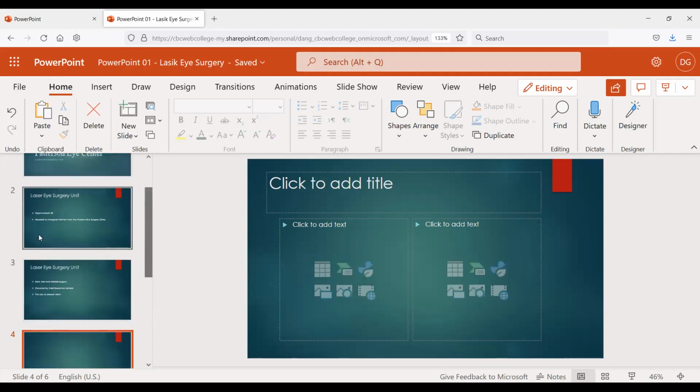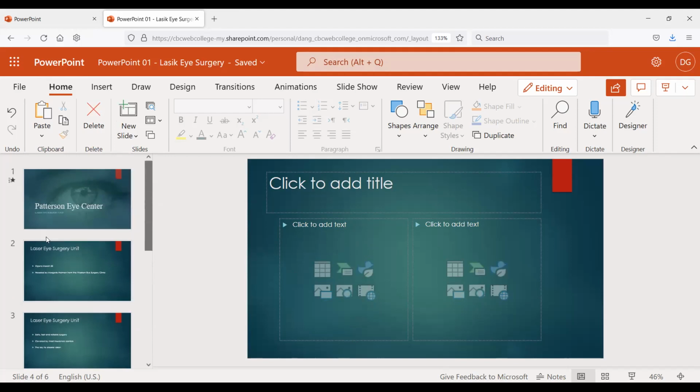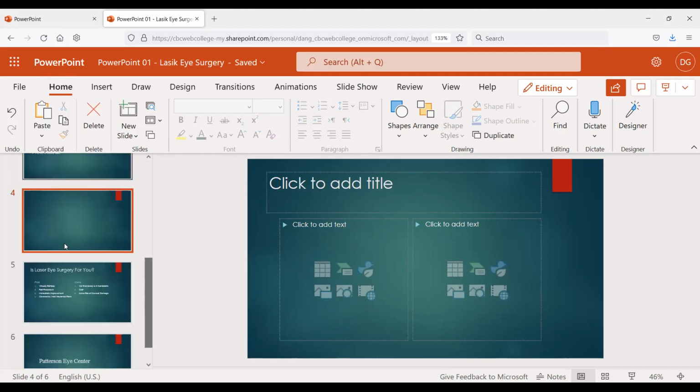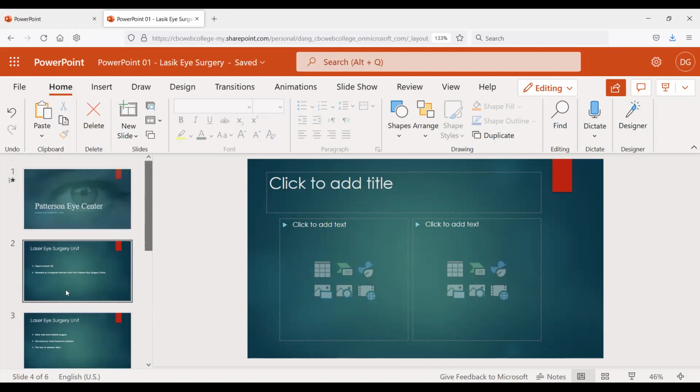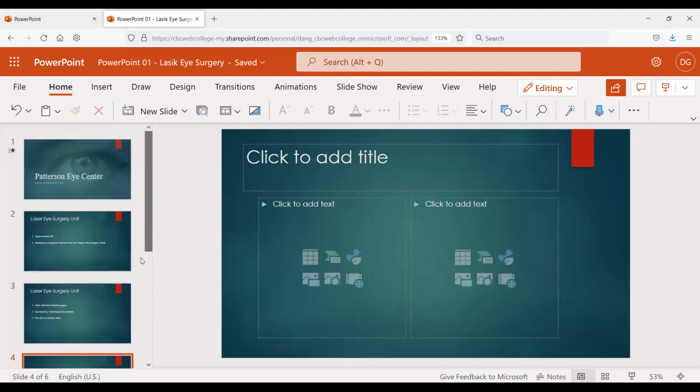Okay, now we're getting to having enough slides where I can't see the bottom slide when I'm looking at the top slide. So the more you add, the fewer you can see, only 3 at once here. Even if I shorten up my menu, my ribbon, I can still just barely see 4. So we do have a tool that helps us see the presentation as a whole, kind of like the forest from the trees. If you go to your view ribbon here in the upper right-hand corner,